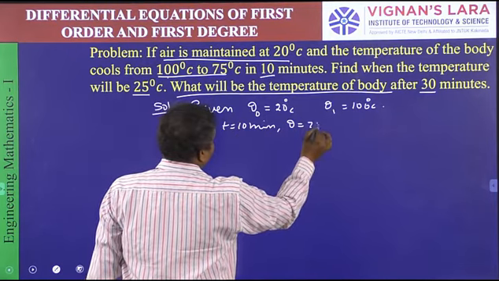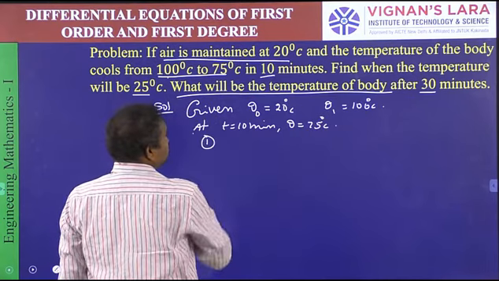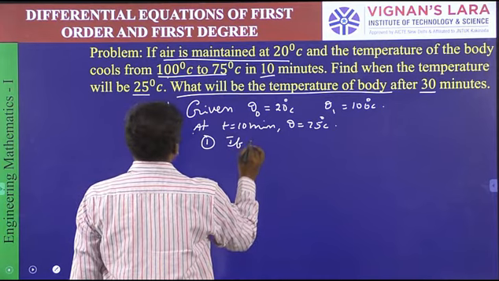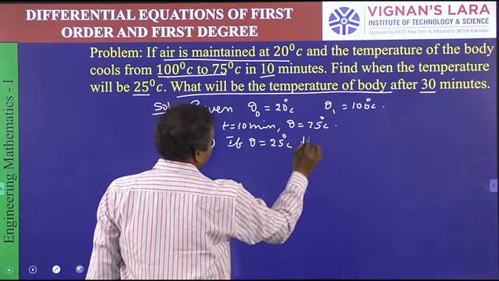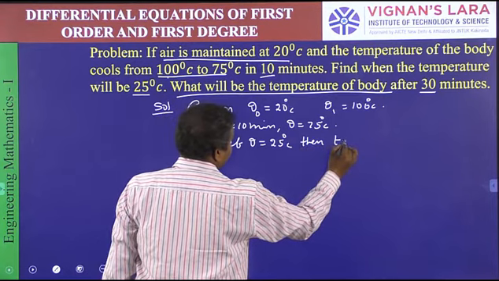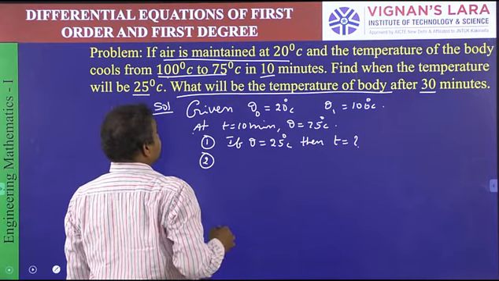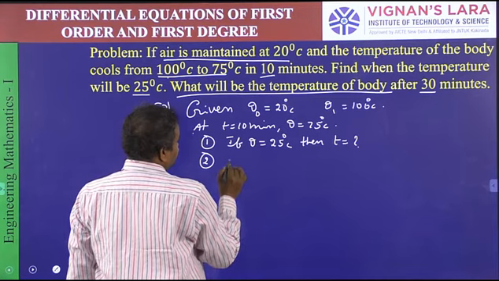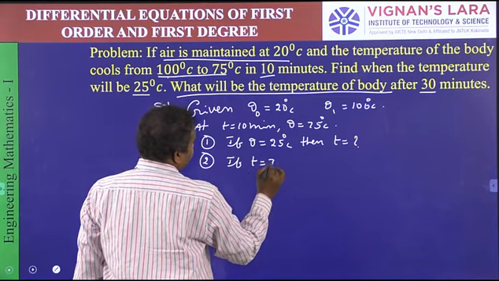Temperature 75 degrees. Two questions. What are those two questions? First question, find when the temperature will be 45 degrees, 25 degrees. If theta is equal to 25 degrees centigrade, then the t value we have to calculate. Second question, what will be the temperature of the body after 30 minutes? That means if t is equal to 30 minutes,